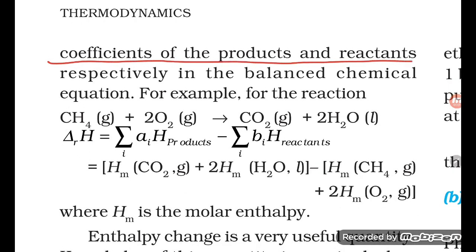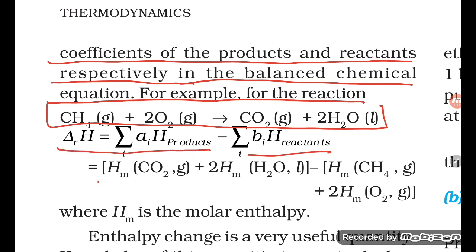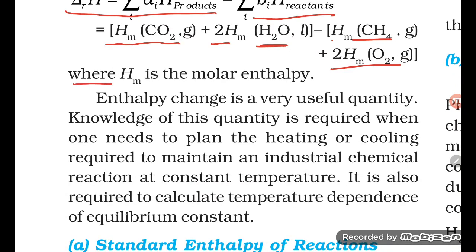coefficients of the products and reactants respectively in the balanced chemical equation. For example, CH4 plus 2O2 is going to give CO2 plus 2H2O. So that is ΔH equals product minus reactant. Products, what are they, students? CO2 plus 2 into H2O, minus the enthalpy of CH4 plus 2 into O2, where m is the molar enthalpy, ΔHm is